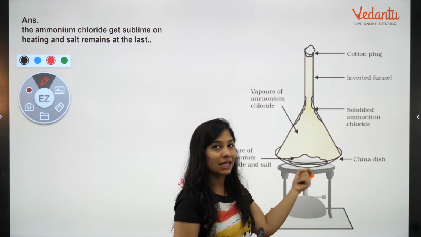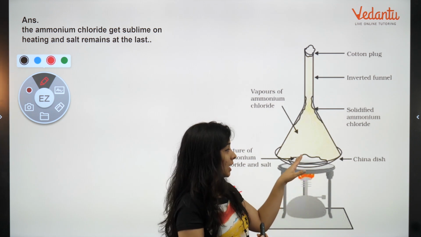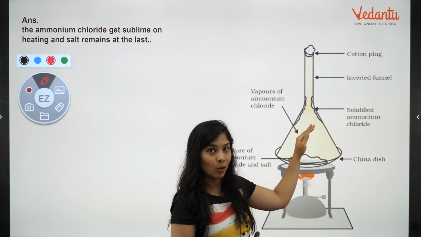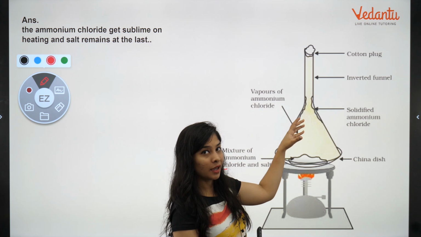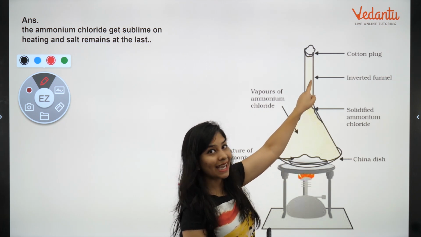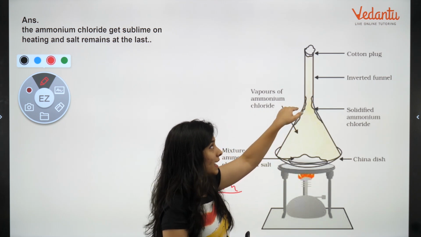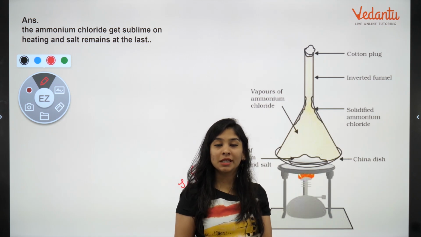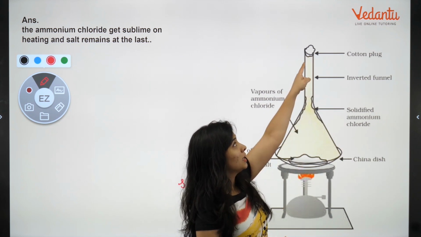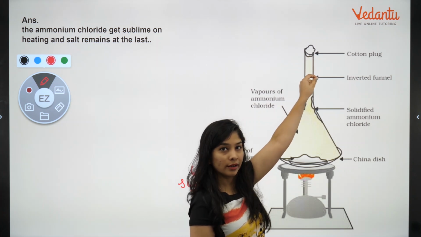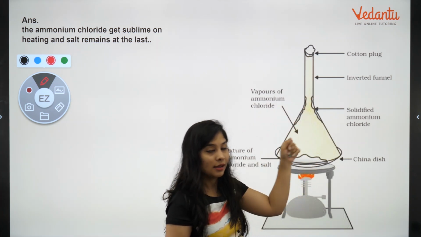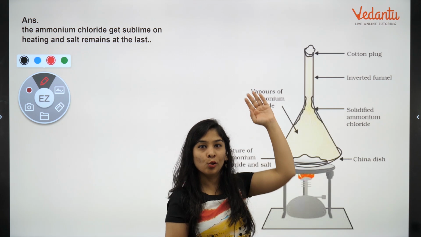When we are supplying it a bit heat, what is going to happen? This will convert into vapors. Okay, तो जैसे ही वो vapor में convert होगा, they want to escape out. Correct? अब अगर escape out कर जाएगा, what we will get? How we will separate it? So what we have to do? Just take a cotton plug and put it over it. Okay? Cotton plug लगा दिया. अब क्या होगा? Vapors can't go away from it.